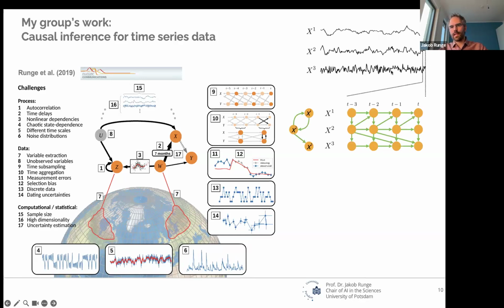So these are stationary. If you assume a stationary system underneath, it would look like this, and they are infinite in time. So you would repeat this structure for every other time lag here. And this means that this graph in principle is an infinite graph, and this is quite an interesting thing actually, also from a causal inference perspective.